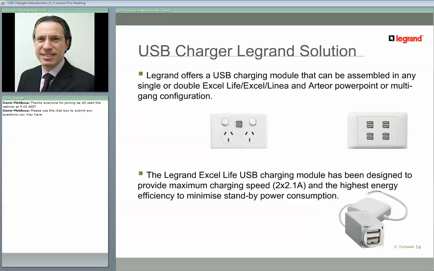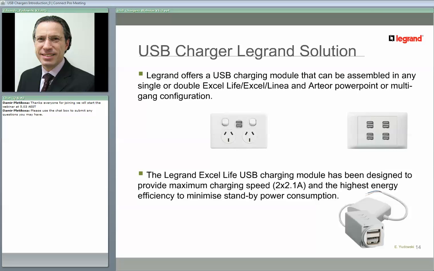Now we, as Legrand, offer a USB charging module that can be assembled in a single, double, Excel Live, Excel Linear, and RTO PowerPoint or multiple gang configuration. These are traditional HPM Legrand different product lines. The Legrand Excel Live